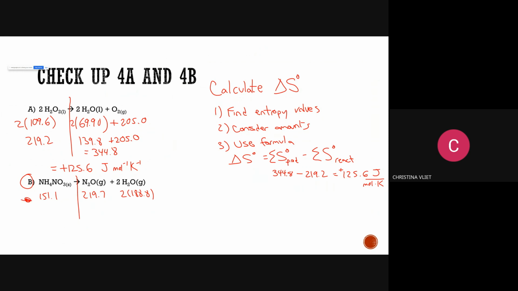And so that's not a negative. So this is, I have my products, 219.7. You notice I always put a dividing line between my reactants and my products. I get 597.3. Please check my math that I've entered everything in the calculator correctly. And then what should I do once I've got my total for my reactants and my total for my products? Subtract products minus reactants, right? So 597.3 minus 151.1. I get 446.2. And that's also joule mole minus 1, K minus 1.